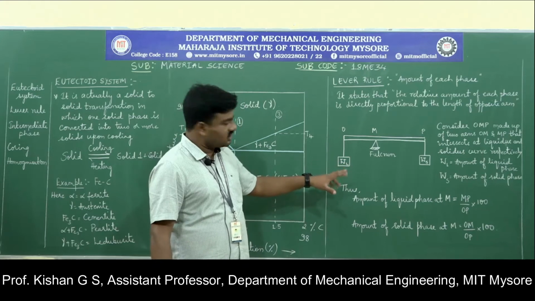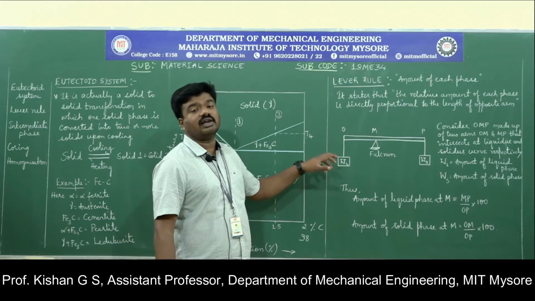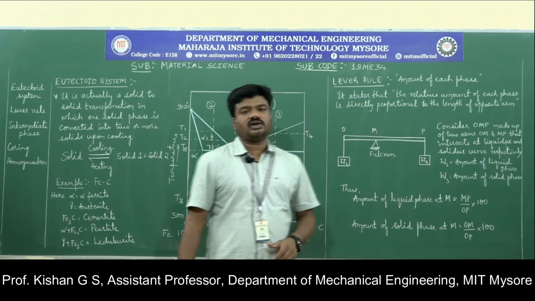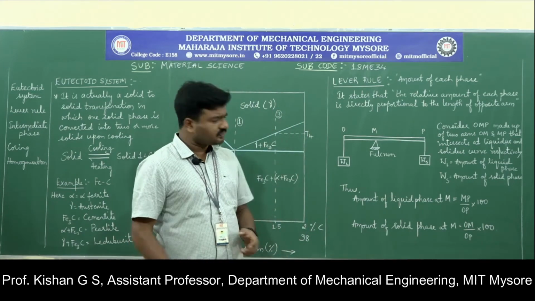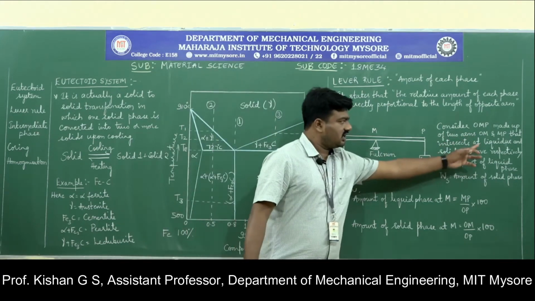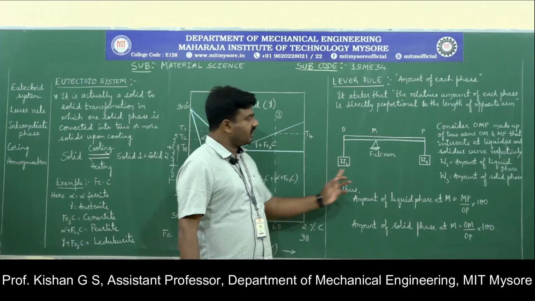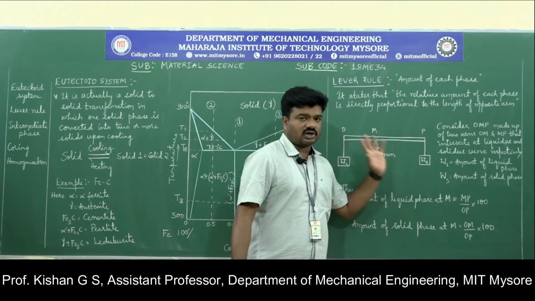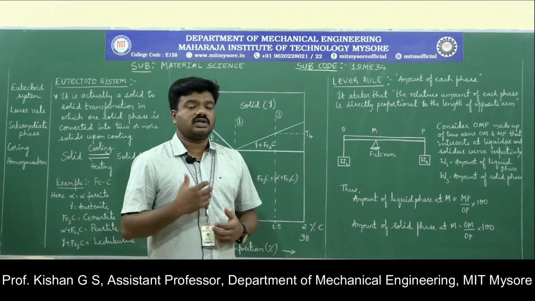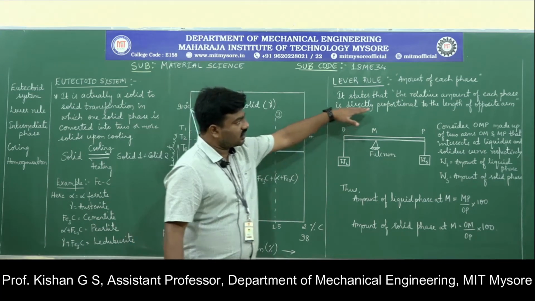We have two more representations, that is WL and WS here. WL represents the weight or the amount of liquid phase present in the solution, whereas WS represents the amount or the weight of solid phase present in the solution. You can just make it as clear as possible. See, OM is liquidus, MP is solidus. OM is the representation of liquidus, and MP the representation of solidus. It is the content in which the presence is being identified. Now the Lever rule states it is directly proportional to the length of the opposite arm.